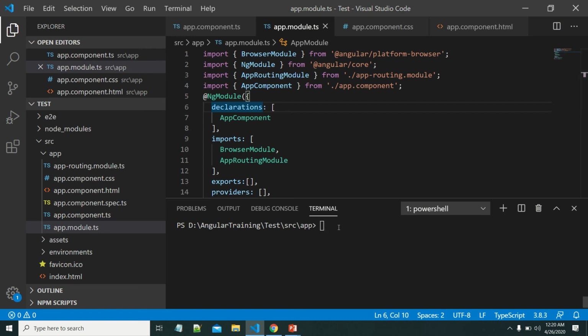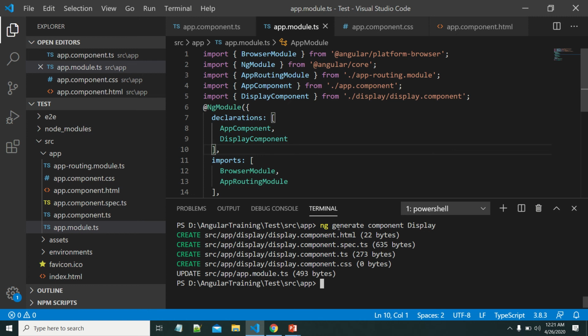Let us create one more component. To create the component, we need to use ng generate component. Next, we have to give the component name. I'm giving display.